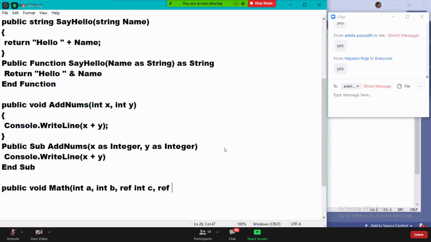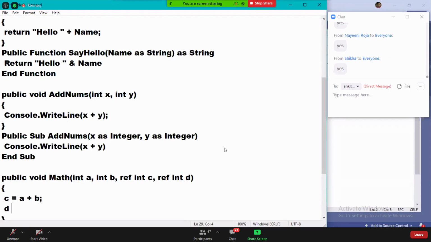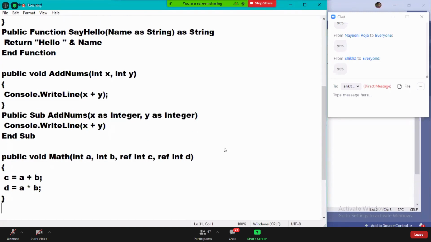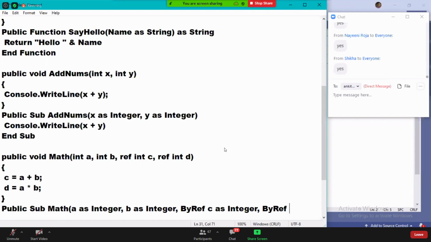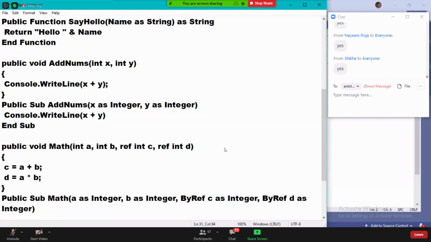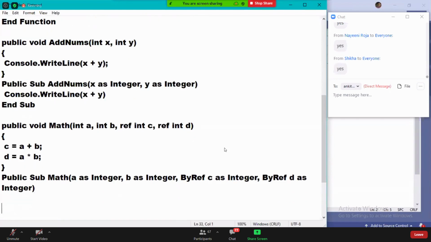Do you remember this, guys? If you want to write this, see: Public Sub Math(A As Integer, B As Integer, ByRef C As Integer, ByRef D As Integer), and End Sub.